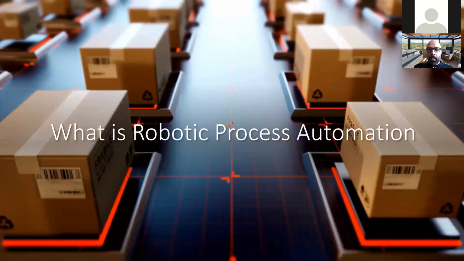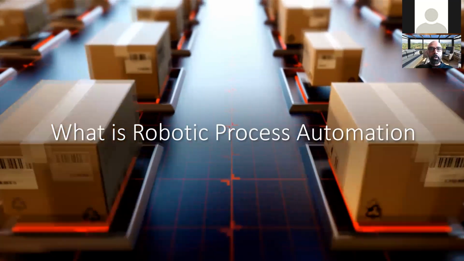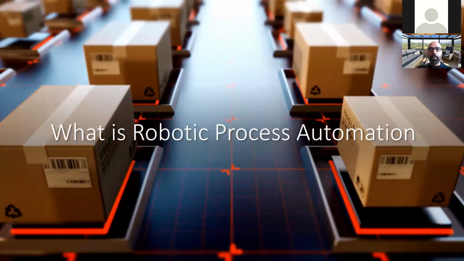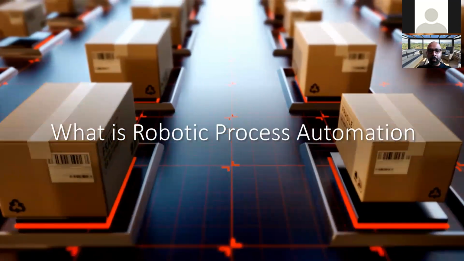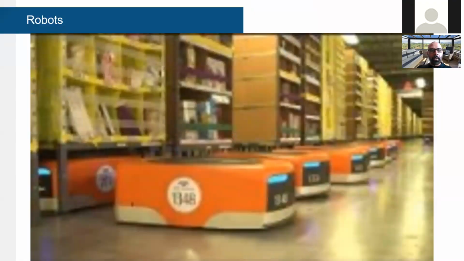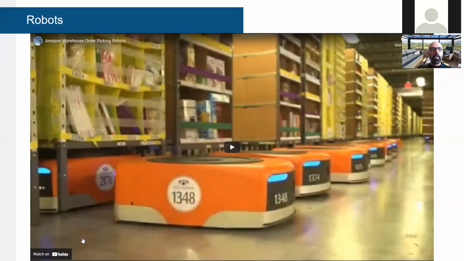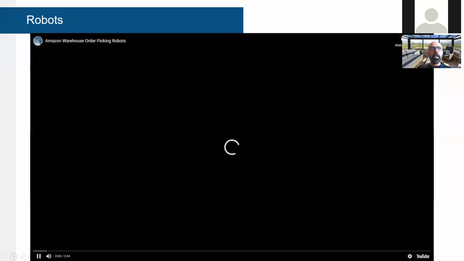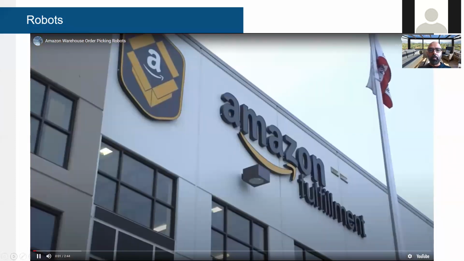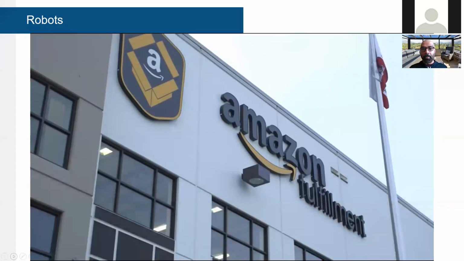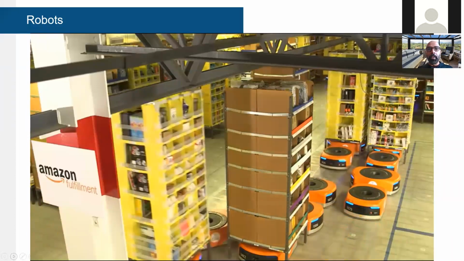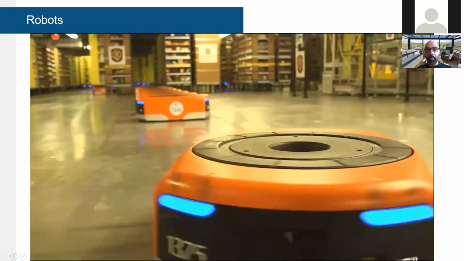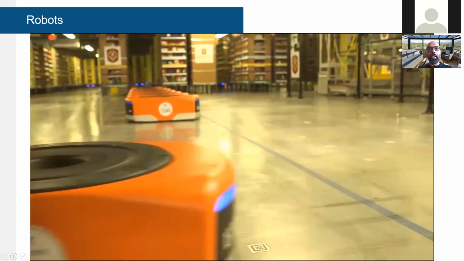So what is robotic process automation? That's one of the big questions everybody asks. People have seen human-like robots and what they do, but what exactly is robotic process automation? If I play this video quickly, you can see these are actual robots. This is an example from an Amazon fulfillment factory, showing how the robots work like humans in the factory to move things from one shelf to